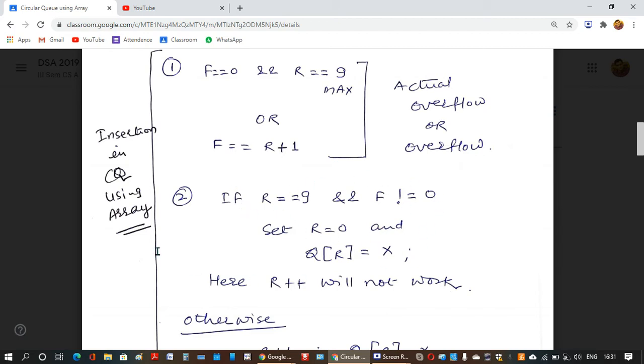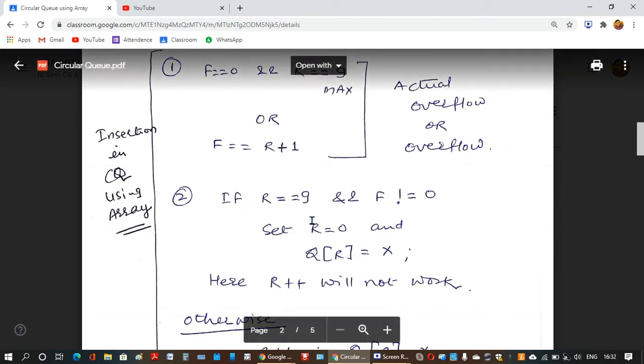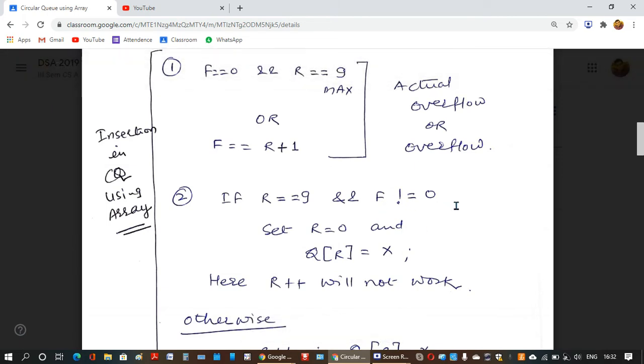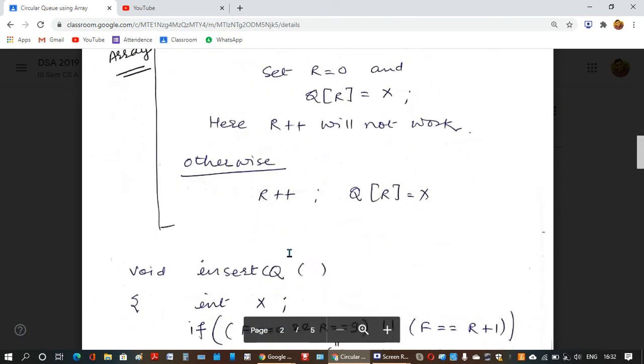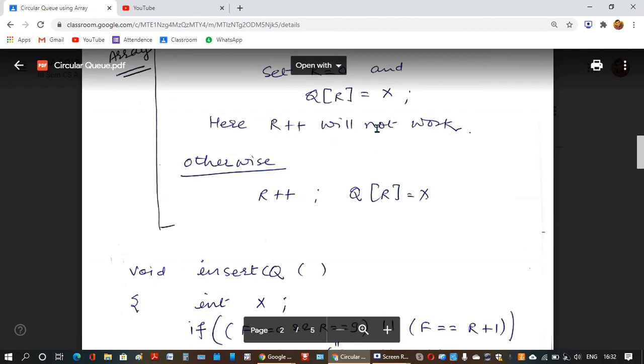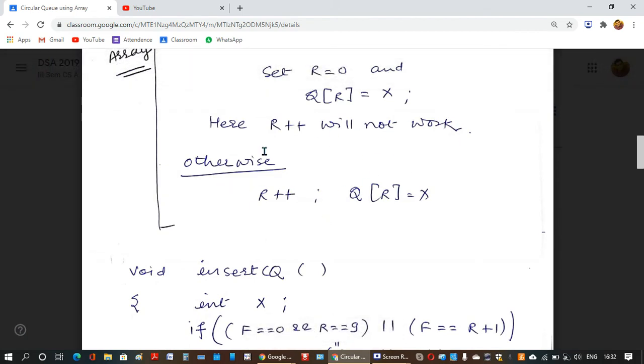So this is another special case we need to take care of, where F was not 0 and R was 9 or maximum. So we will set R to 0 and then we'll insert. Otherwise, in all the cases, we will do only R plus plus and insert.